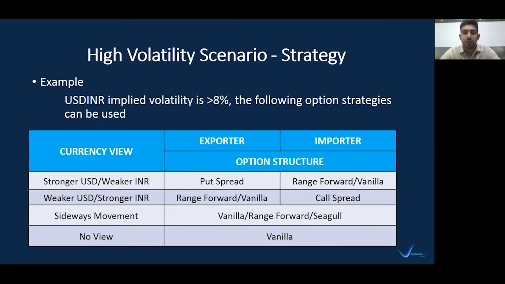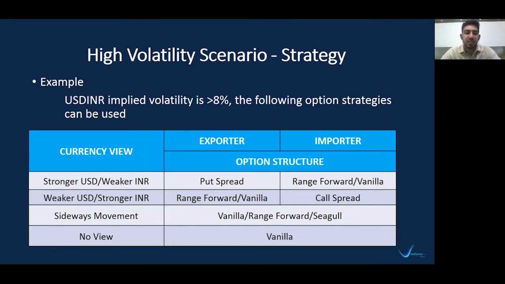Another thing which an importer can do in case he's expecting a stronger dollar in the future is a vanilla option, by simply paying an option premium and buying a call option. So let's say the current spot is 74 and I want to do a vanilla option. I can go for a strike price of 74.50 with a 2-3 month maturity. And in case of a range forward, I'm obviously looking at a slightly higher maturity of anywhere between 3 to 4 months. This is independent and done basis your business needs, since a higher currency range movement is expected during a longer tenure.